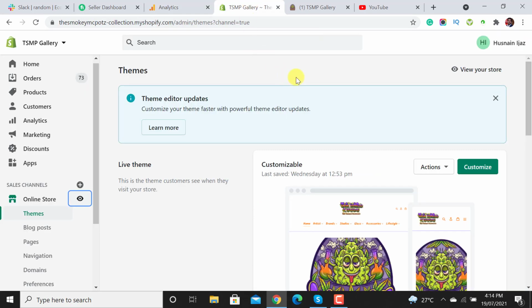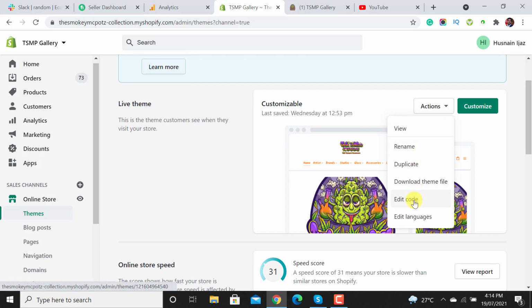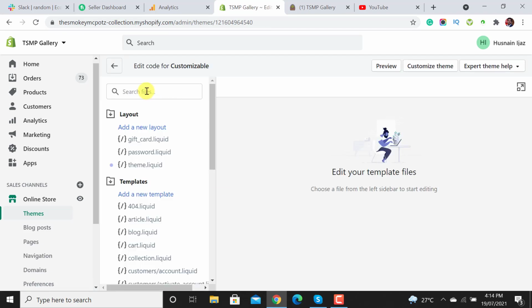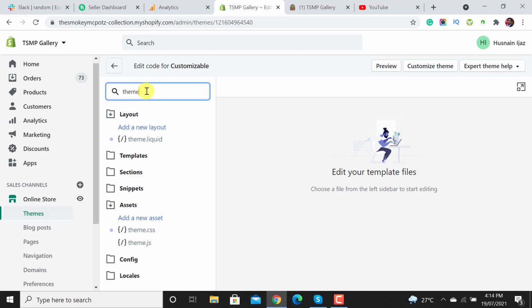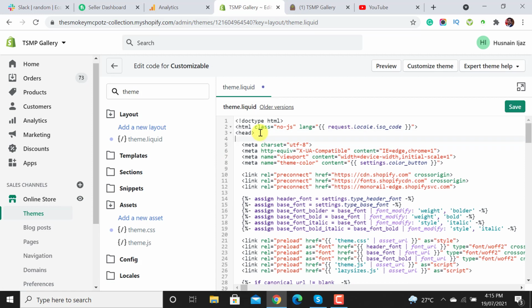Okay, to add it, you have to click on actions, and then you have to click on edit code. After clicking on it, you have to go to the theme.liquid file, and you have to add this code just below the head section.